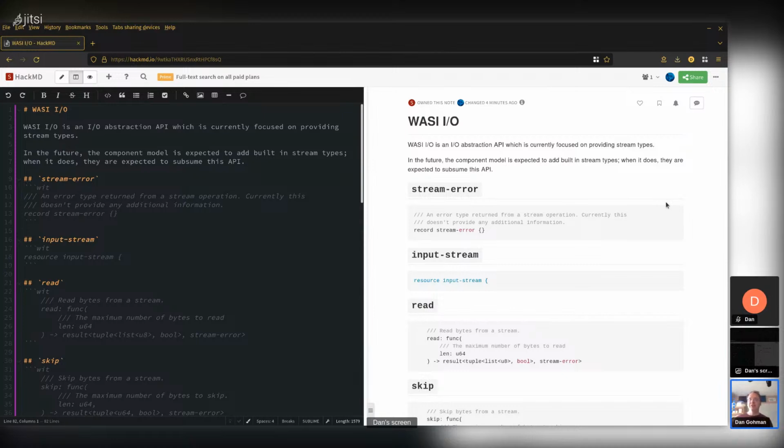One additional bit of background, WASI.io originally included the concept of I/O arrays, which I think is a nice abstraction if you think about the concept of what a file is. A file is, at some level, an array of bytes. And you can think of that more abstractly as just an array that lives on the outside of a program that maybe can be accessed by multiple things. It's nice to think about it that way because it separates it from file semantics, which has a lot of baggage.